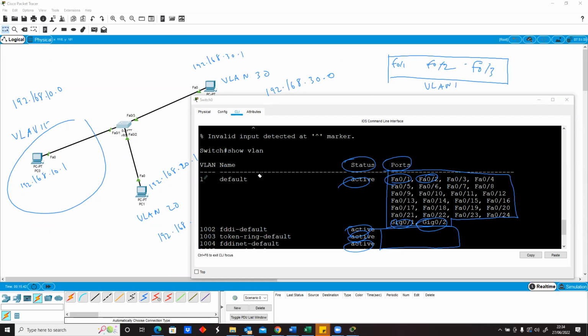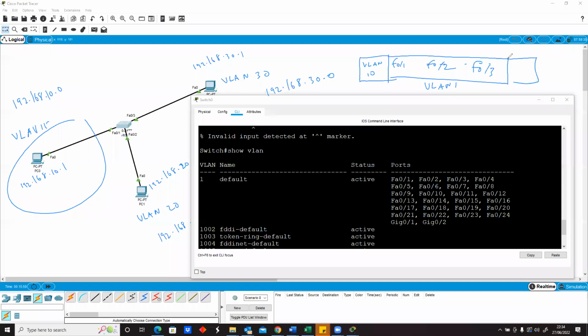So what we want to do now is to first of all do this. We want to create more VLANs. Inside the same box, we want to create VLAN 10. It doesn't matter where you put it. I'm just doing this so you get some graphical explanation. This is VLAN 20 and maybe this is VLAN 30. We want to create those 3 VLANs. And in order for us to do that,